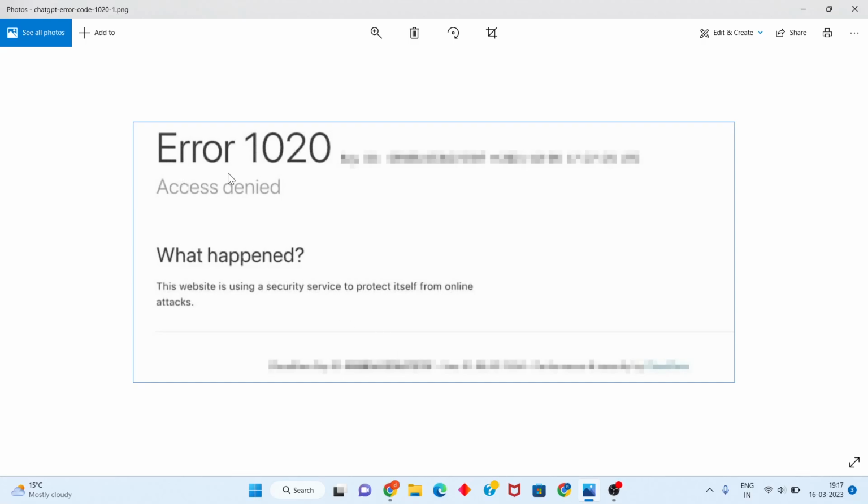How to fix error code 1020 access denied. This is ChatGPT. Step by step, follow the steps. First step, go to the